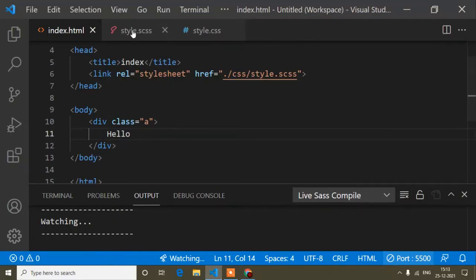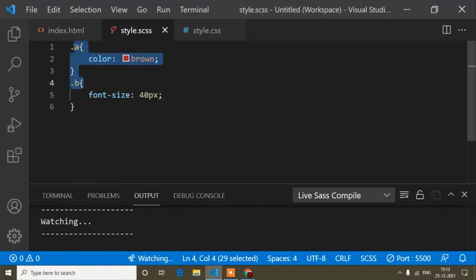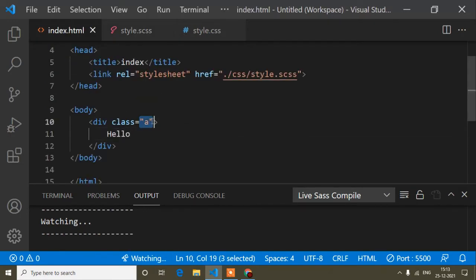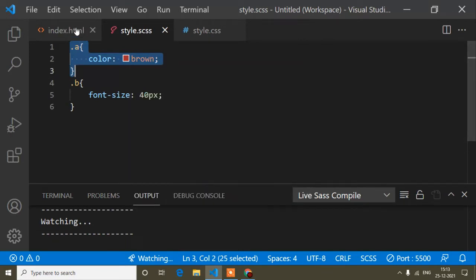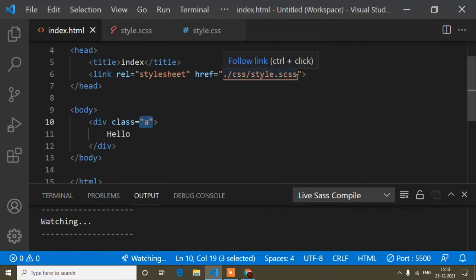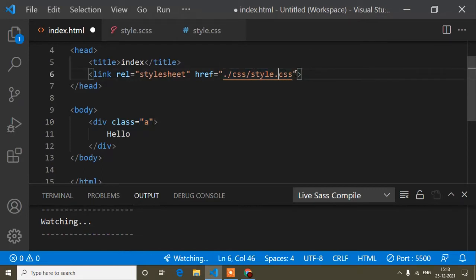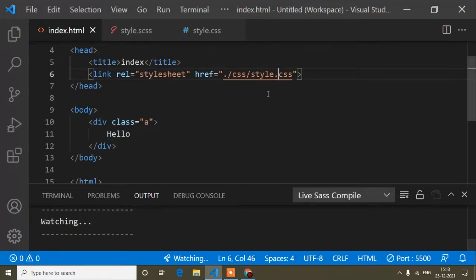You can see hello is added, but the style is not changed, because in a I have written the class a with brown color, but the style is not added because I linked SCSS. If I link only CSS, that time you will see the color is changed. So our browser understands only CSS, so that's why we always have to link CSS, not SCSS.